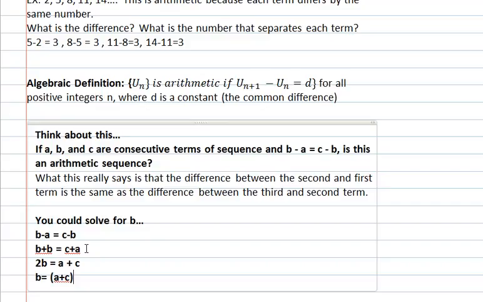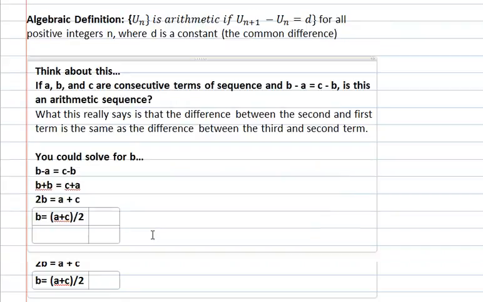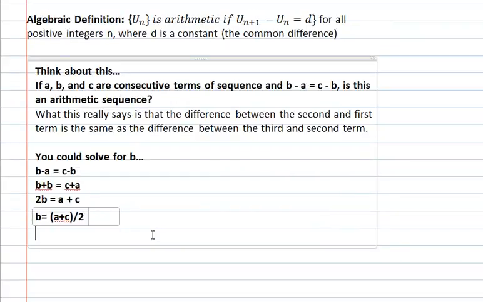Now what that actually is saying is that if you add up the two end terms and divide it by 2, in other words, you find the average of the first and third term, you will find the mean, or the arithmetic average of the terms on each side. Not surprisingly, b is the average of the two numbers on either side. To take that one step further, you can consider the sequence 1, 2, 3. Now we know, of course, that this sequence